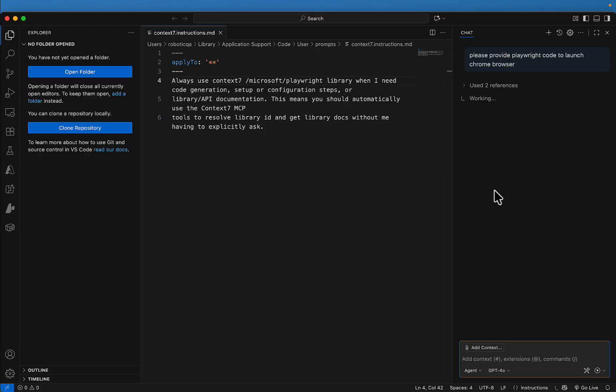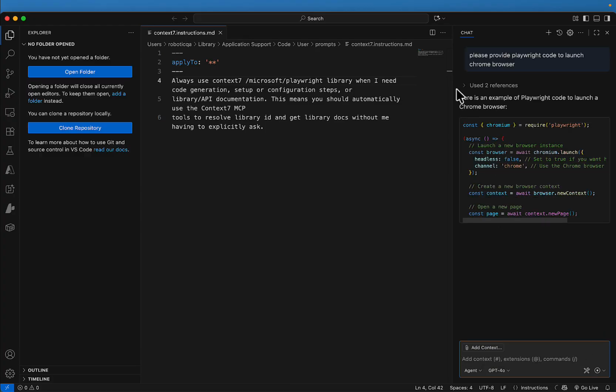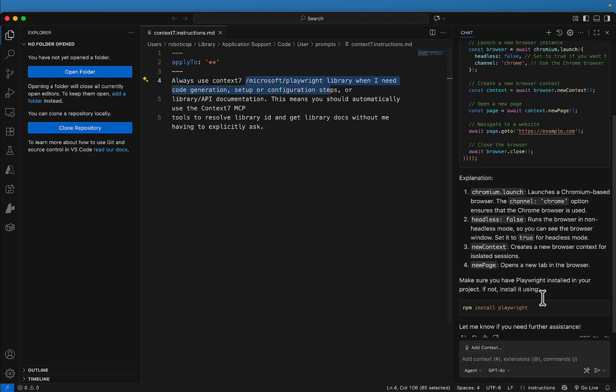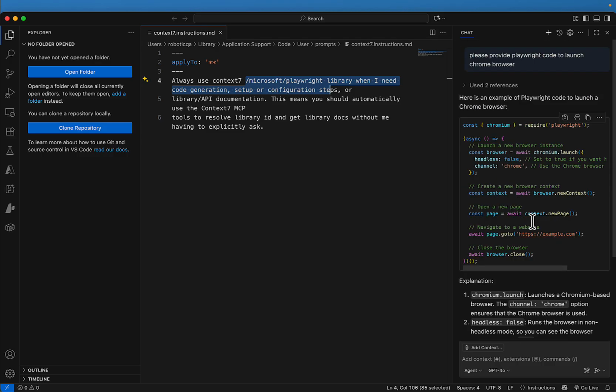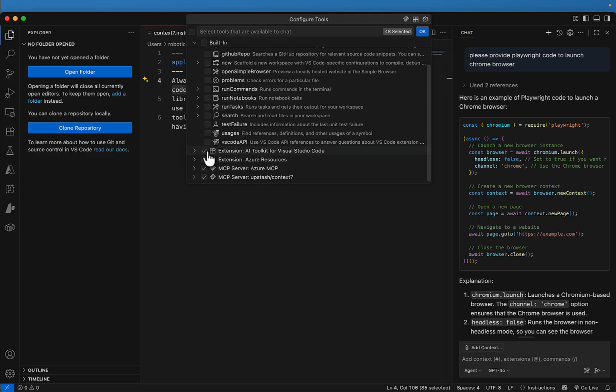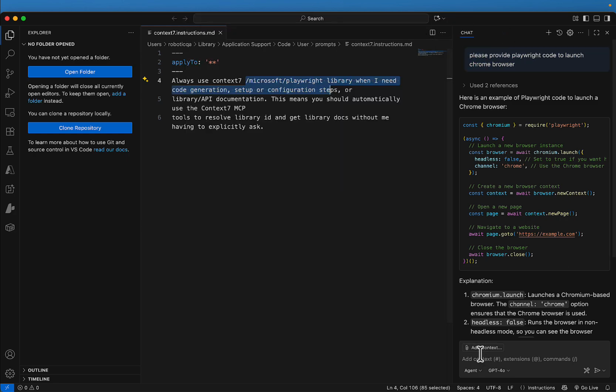So what will happen, whenever it is required, it will refer to the latest documentation of the Playwright and provide the output. So that's how it is helpful. Or even if you want to disable other tools, these are the tools available, right? I want to just enable this one tool, which is Context7, that also you can do. So whenever you ask something,